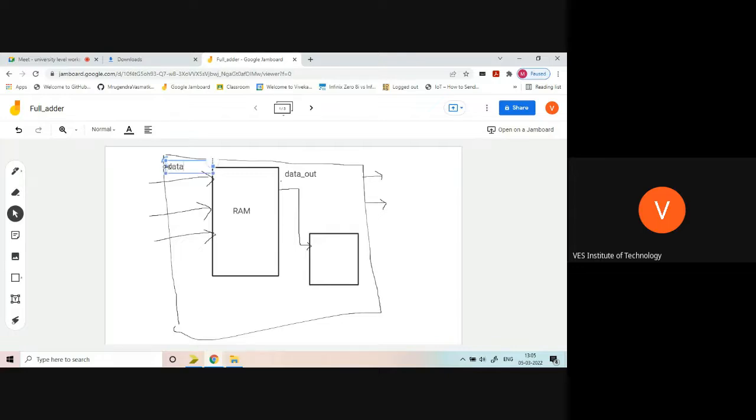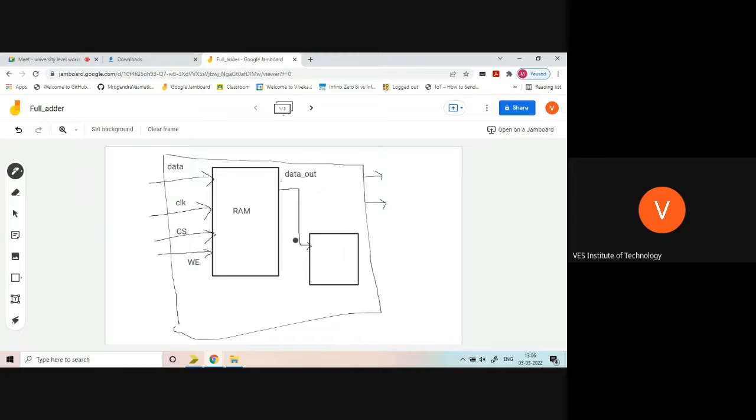This is our data in. Then this is clock. This is CS. And this is write enable. So these are the inputs given to the RAM.